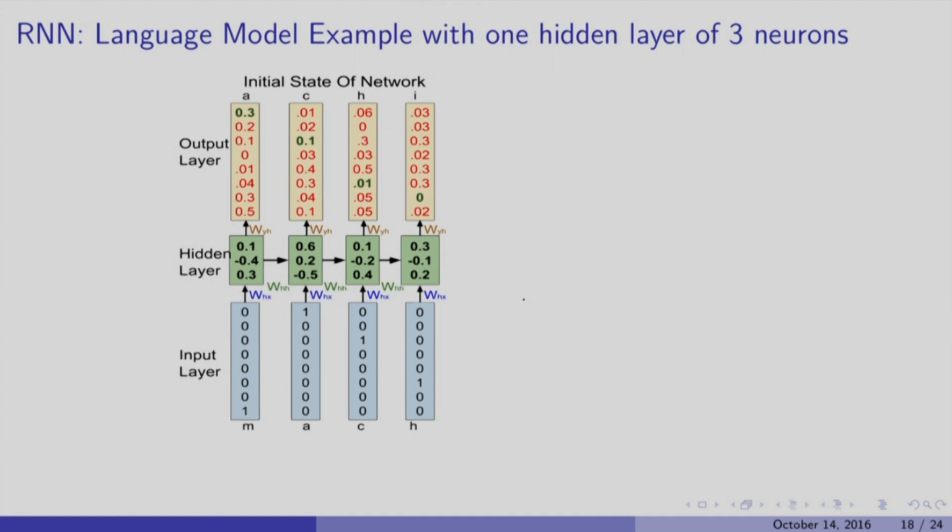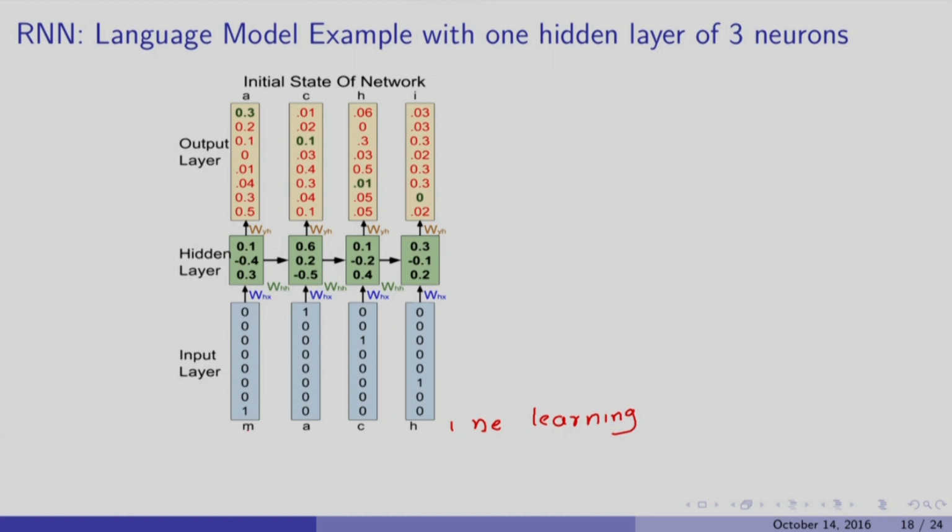So let us look at the unfolded network for a slightly more complex setting where you have many more characters, and let us say we are interested in auto completing the prefix MACH. Let us say we believe that this should actually be completed to INE, LEARNING and so on. How does this happen?